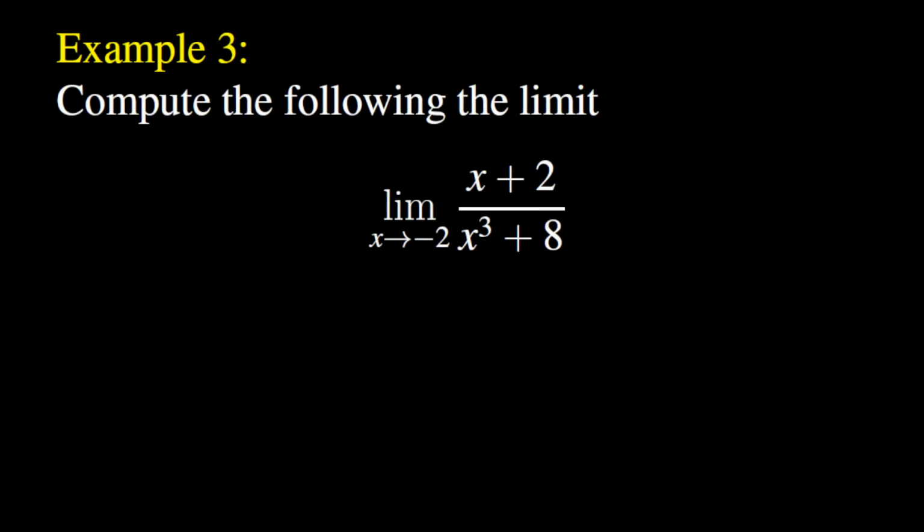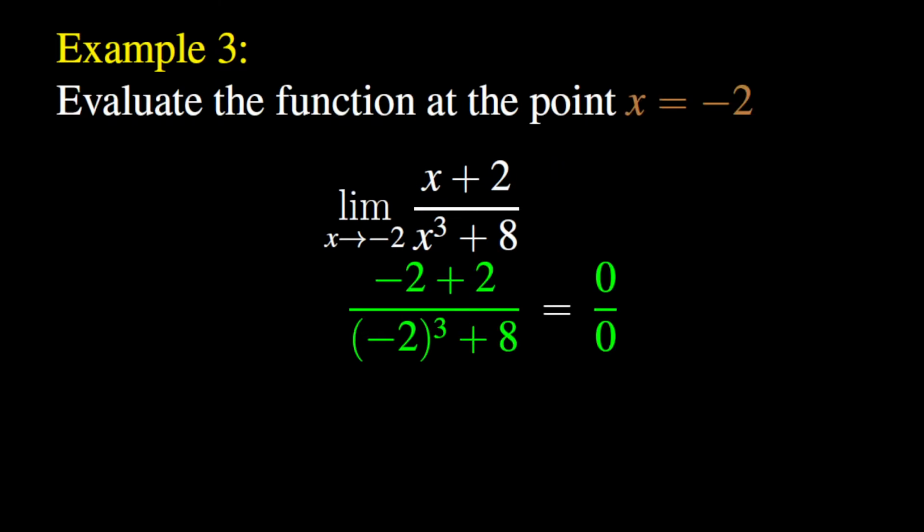Now let's solve the third example. In this example, we have to compute the limit as x goes to negative 2 of the rational function x plus 2, divided by x cubed plus 8. As we did in the two previous examples, we will first evaluate the expression at the point x equal to negative 2. It is always advised to try to evaluate the expression at the point where we want to compute the limit. In this case, we get negative 2 plus 2, over negative 2 cubed plus 8,